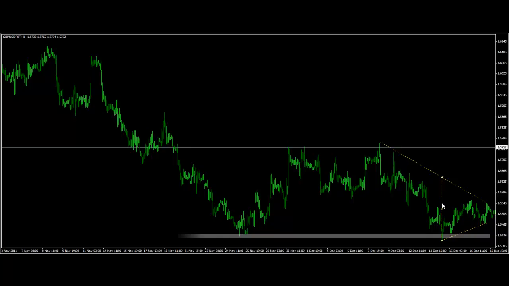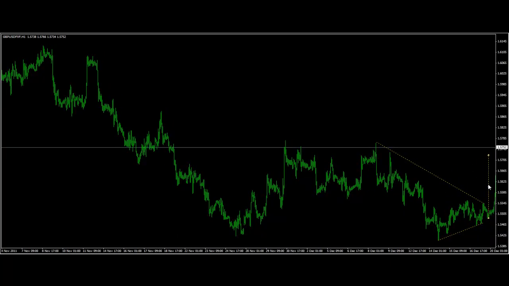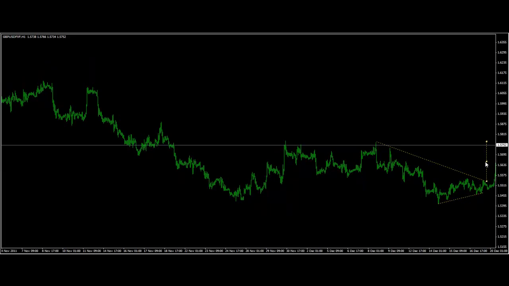Okay, so if we break above, I'm going to reach for this high here. If we break below, and this is if this was bearish, I would reach for this level down here. Okay, but as it stands, long-term support, this being bullish,